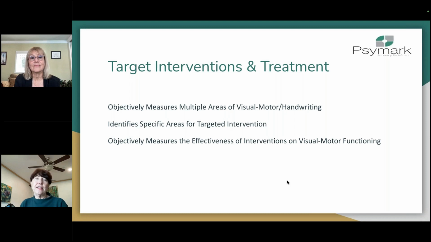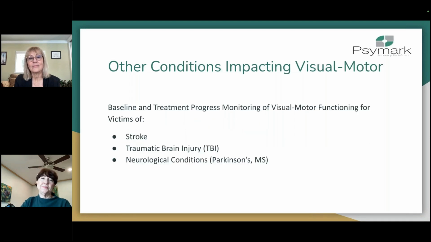Again, it's targeting interventions and treatment. So our tools give objective measures in multiple areas of visual, motor, or handwriting skills to identify those specific areas and to objectively measure the effectiveness. It looks like most of you today are in school settings, but this can be used also in other settings,